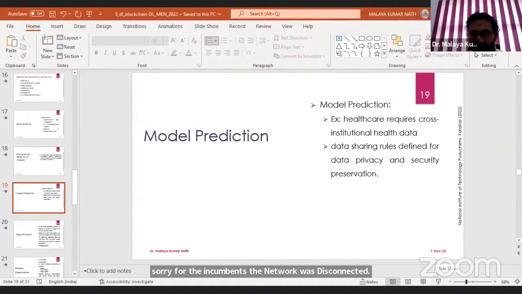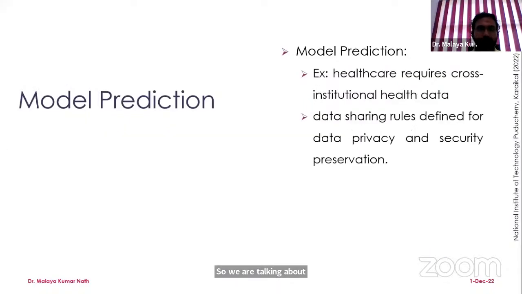So we are talking about model prediction. As we have discussed in model predictions, we are looking for healthcare data from various institutions, and this information can be registered to perform a particular kind of task.